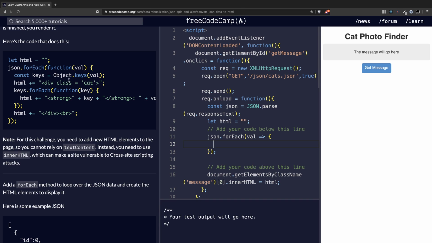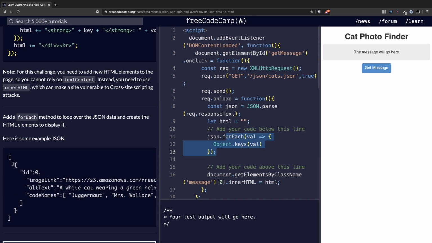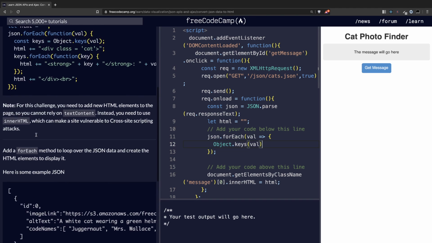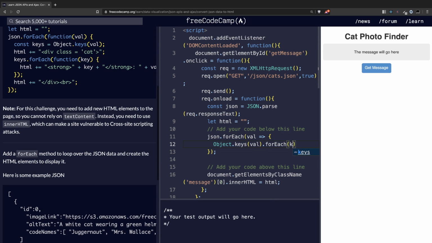I'm not sure why they... Oh, I guess they use the keys and then loop over, but we could just as well do Object.keys of val. So we're looping over the array. We have an array of objects, and then we go inside the object and take all of the properties. So Object.keys, for each key